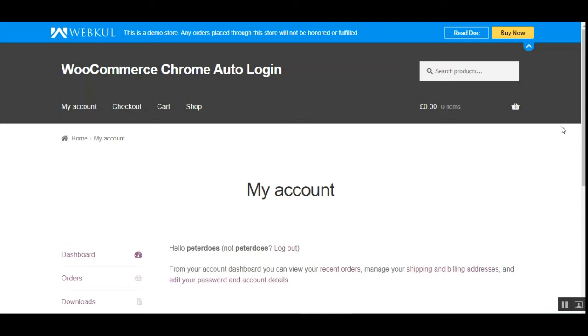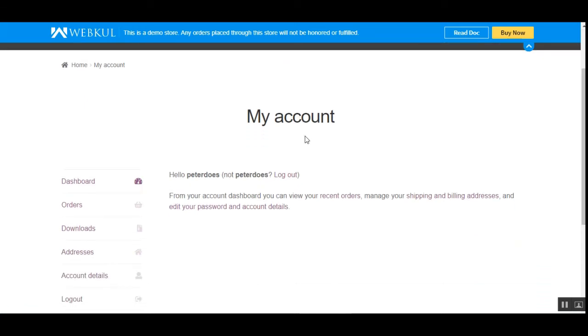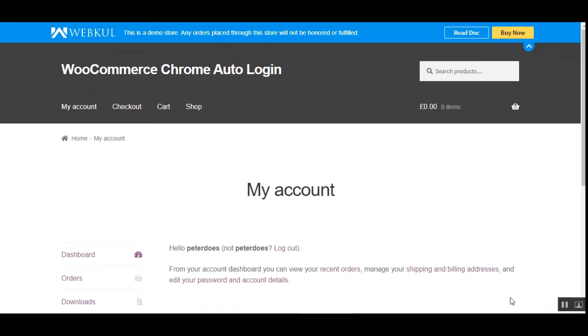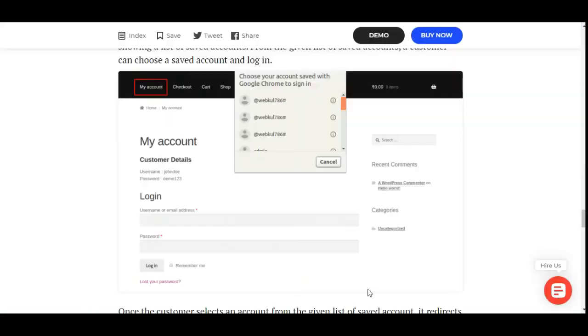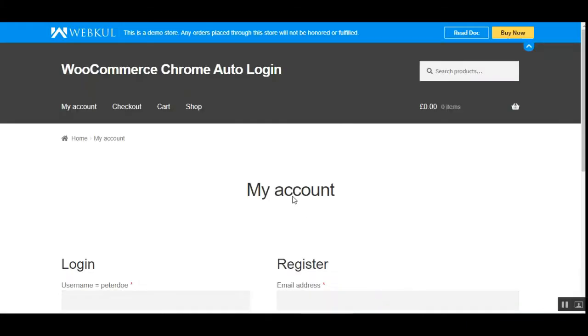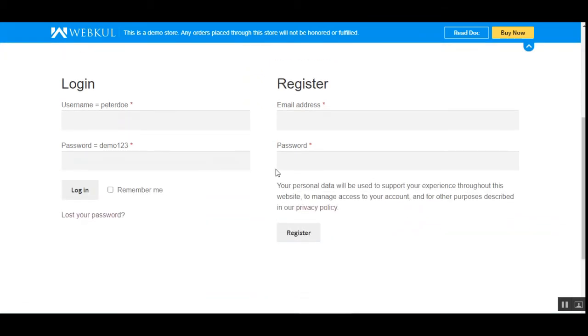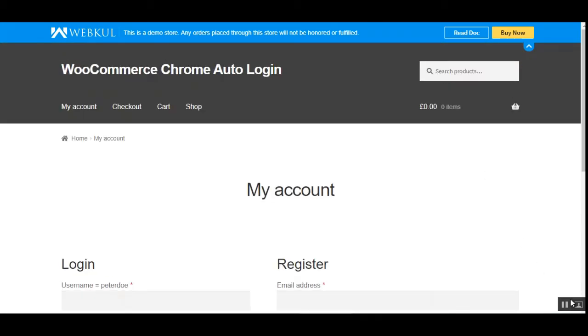After choosing the account, you'll be logged in like this. And if you tap the cancel button here, then you'll be redirected to the storefront for the login itself. And then you'll have to enter your username, password, and log into your account there as per your own requirement.